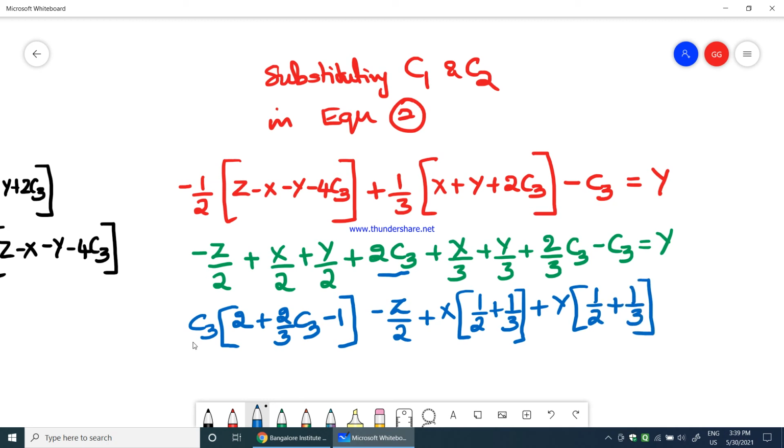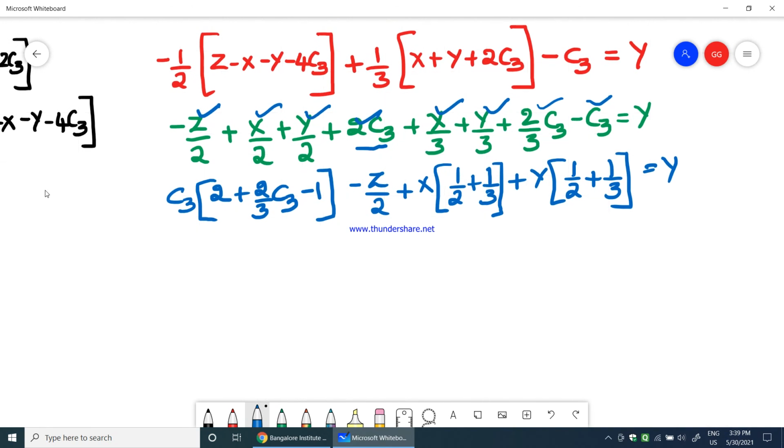So C3 is over, z minus z by 2, x by 2, y by 2, x by 3, y by 3, all over equals y. Okay, let us solve further. Sorry, I think here I should write 2 by 3, not 2. So 2 minus 1 is 1, 1 plus 2 by 3 is 5 by 3. So 5 by 3 times C3